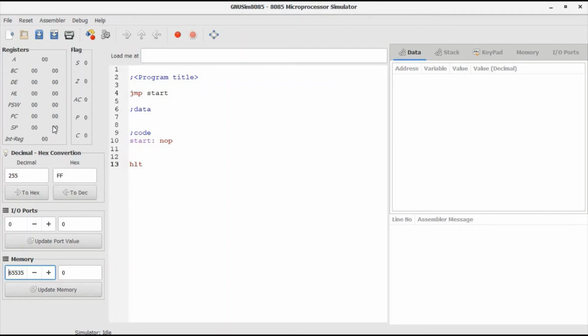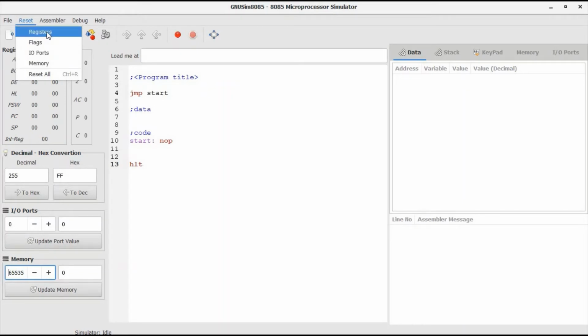This flag window will show the status of various flags of 8085: sign flag, zero flag, auxiliary carry, parity and carry flag. In this file menu, you can create a new file, open an existing file, save and print. You can reset the values of various registers, flags, IO port and memory from this tab.